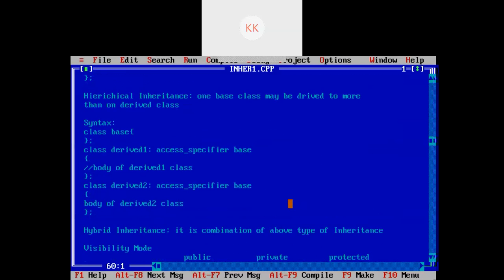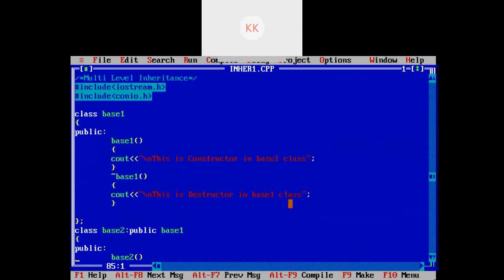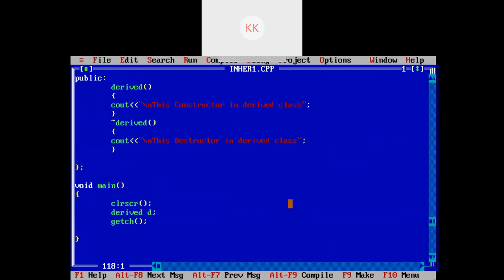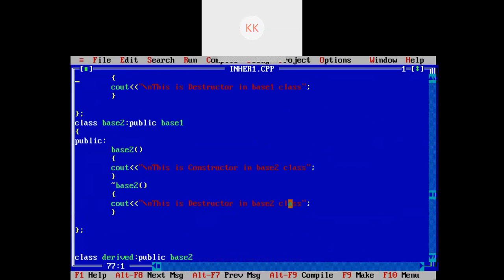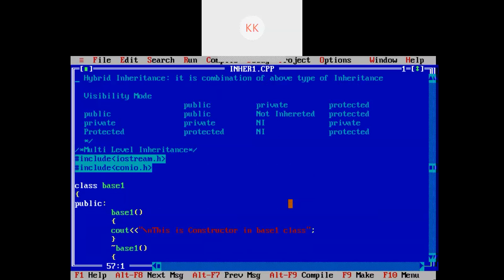This type of inheritance is called multi-level inheritance, in which one base class is derived to an intermediate base class, and that intermediate base class is again derived to some other class. Right? Now we will see the last type of inheritance, that is hierarchical inheritance.